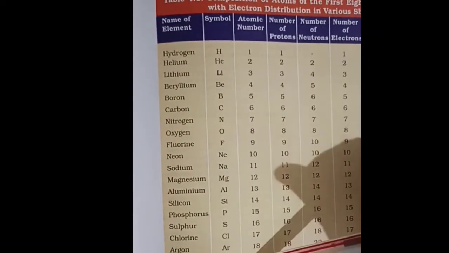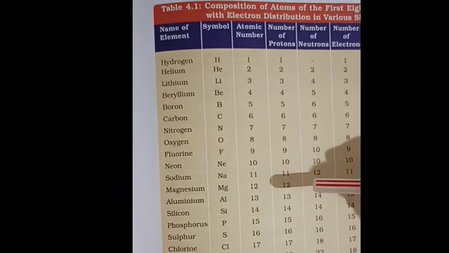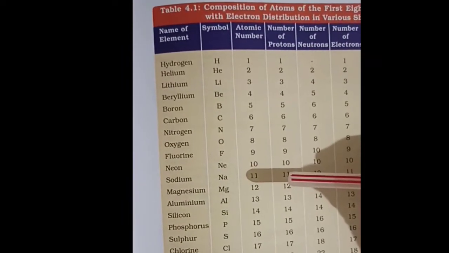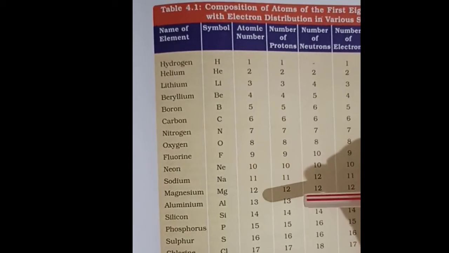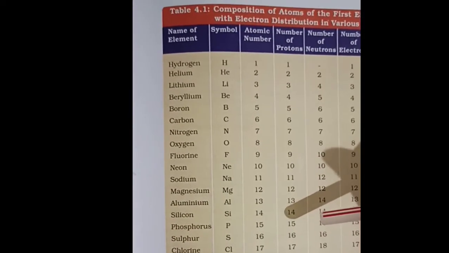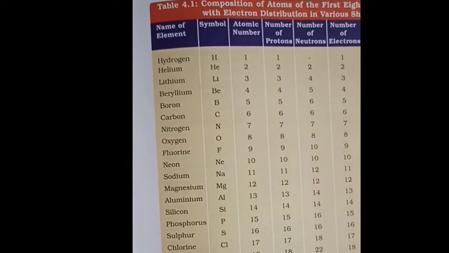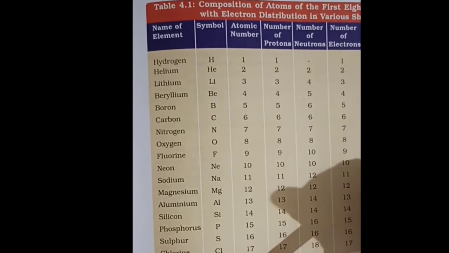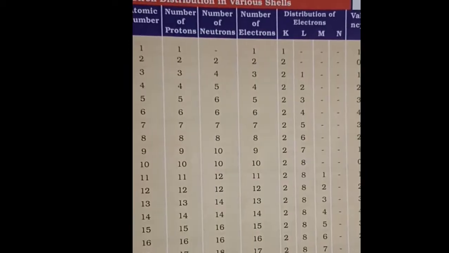So what is atomic number? We will see in the later part of this chapter, but let me tell you the definition here. Atomic number means the number of electrons present in an atom, or you can say the number of protons present in an atom, because electron number may change, as it may donate or accept electrons. So the best definition of atomic number is the number of protons present in an atom. In a neutral atom, the number of protons and the number of electrons are equal.